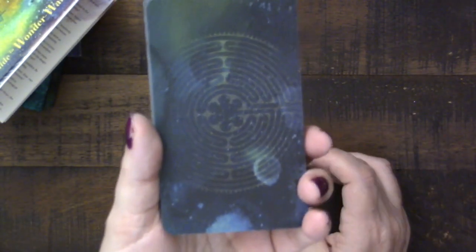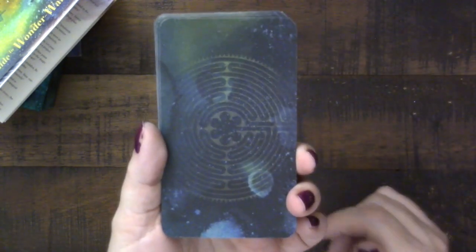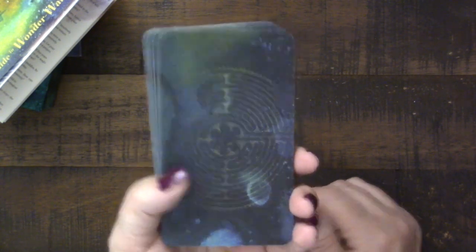So, stunning, beautiful, silky cardstock. We'll see how it shuffles at the end. I believe we got to vote on the back. I absolutely love the labyrinth here. I can't tell you what the backing was on the first edition. Okay, so I'm going to move this up here